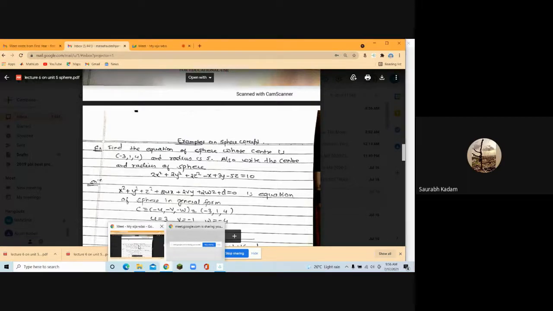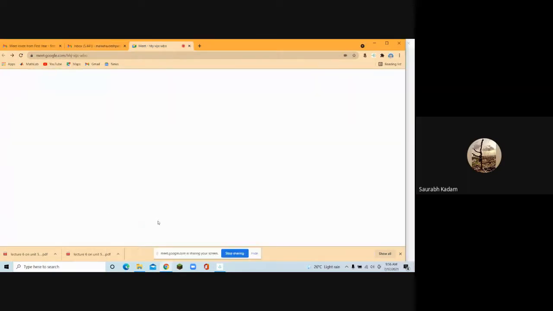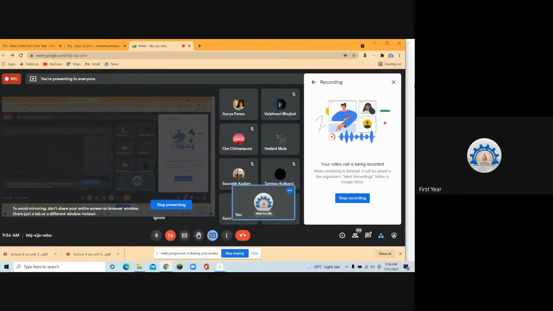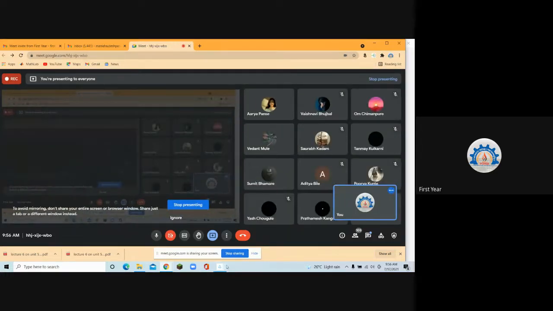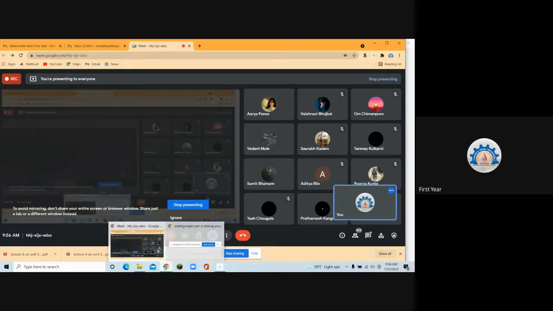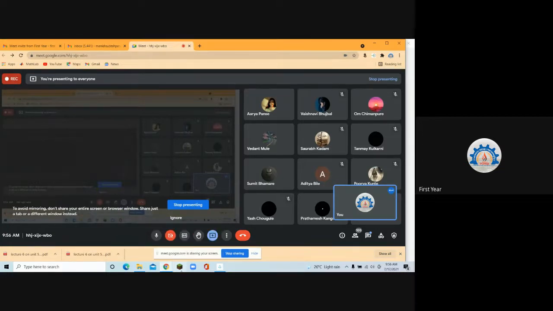X square plus y square plus z square plus 6x minus 2y minus 8z plus 1 equals to 0. It's coming. Okay. Or remaining students, please reply. I think so. That's right. Okay. What happened? Put it in the chat box, whatever is the answer that you are getting. I'll show you afterwards what's the answer. Quickly. 105 students are there. Solve it quickly and put it.